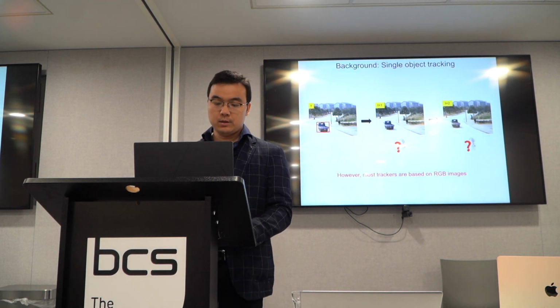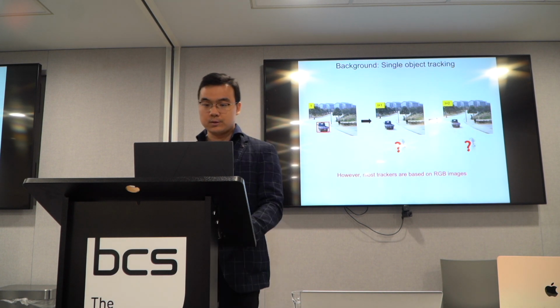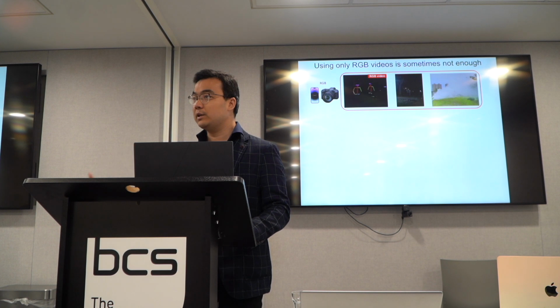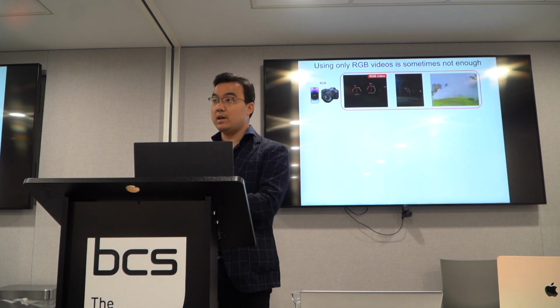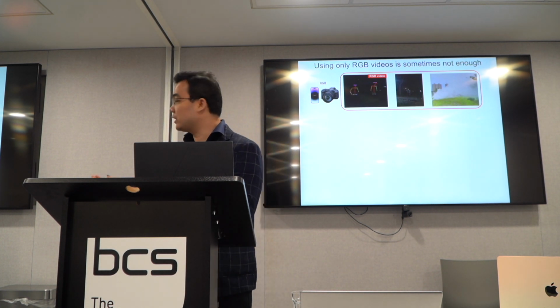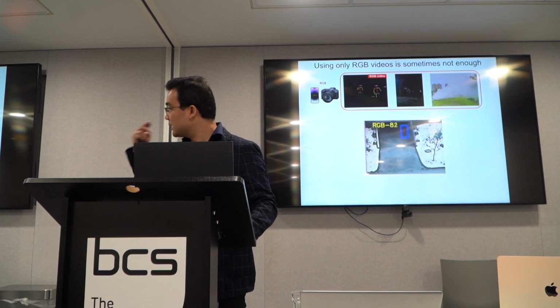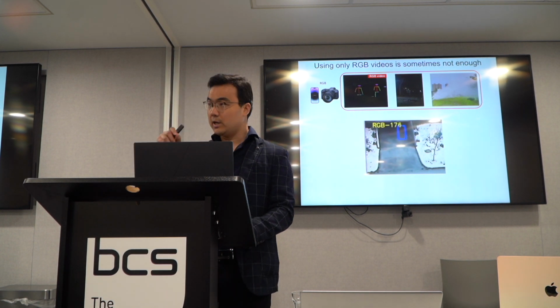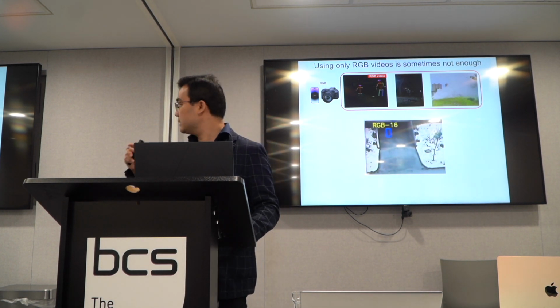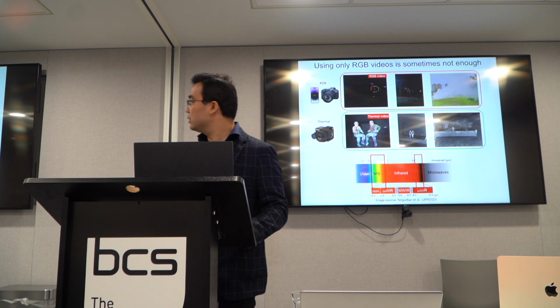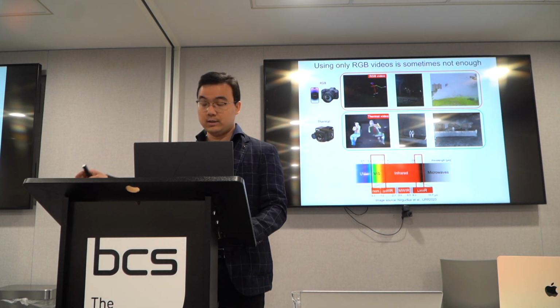But most trackers are based on RGB images. The problem of RGB images is that when the lighting condition is very poor, or when there is heavy smoke in the scene, we cannot see the people very clearly in these images. So in this case, the tracking may fail. For example, in this video, in the tunnel, the lighting condition is very bad, so the tracking performance is not good. But if we consider another kind of images, for example, the thermal image,